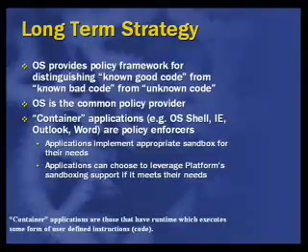So the Microsoft long-term strategy is for the OS, beginning with Whistler, to provide a policy framework for distinguishing between good, bad, and unknown code. And the OS is the common policy provider. It's the one that executes applications if they are known good, and that prevents them from running if they're not good. Container applications such as Outlook or Word or even the OS shell are the policy enforcers,